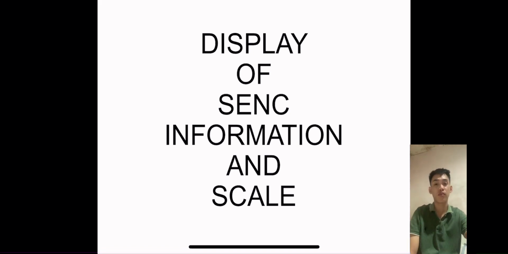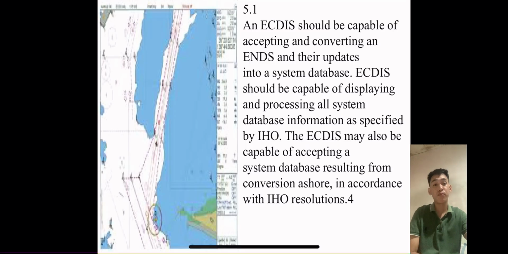This is my presentation for display of ENC information and scale. For 5.1, an ECDIS should be capable of accepting and converting an ENC and its updates into a system database. ECDIS should be capable of displaying and processing all system database information as specified by IHO. The ECDIS may also be capable of accepting a system database resulting from conversion assured in accordance with IHO Resolution